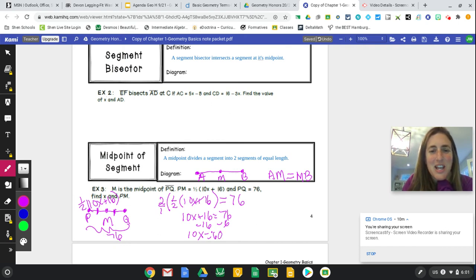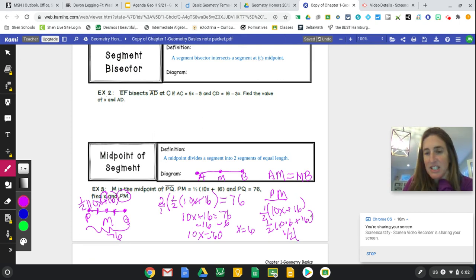I'm back. So x is really 6 on here. And one of the things I wanted to find was x. I also need to find the distance from P to M. And P to M is going to be half of 10x plus 16. Okay, so that's half of 10 times 6 plus 16, or half of 60 plus 16